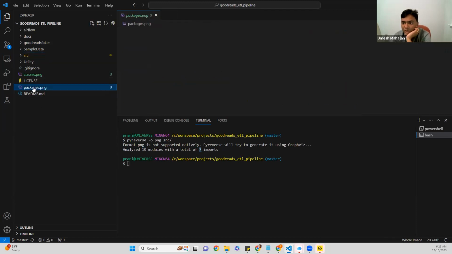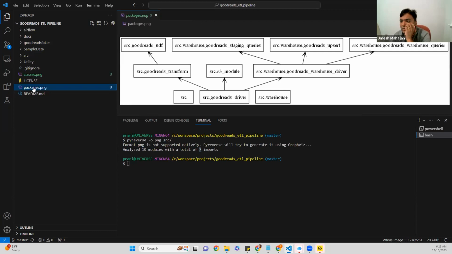So मैं ये पैकेज डायग्राम देखता हूँ, so I can see that पैकेज कैसे कॉल हो रहा है कि there is a source package है, source package के अंदर